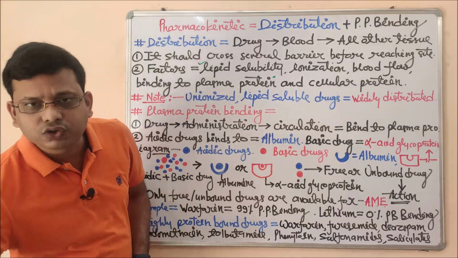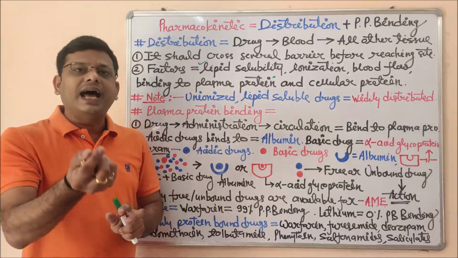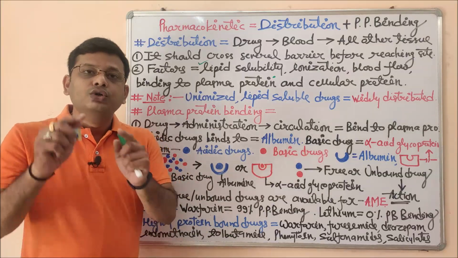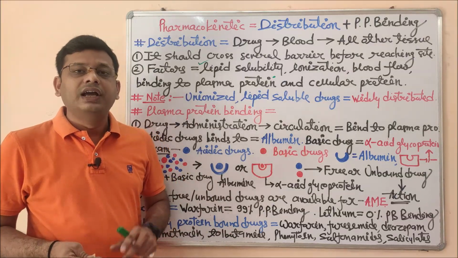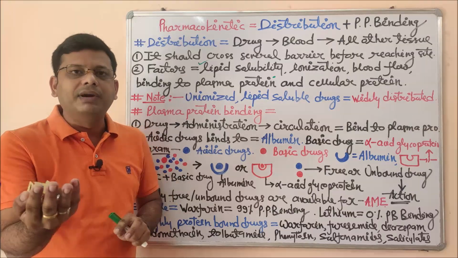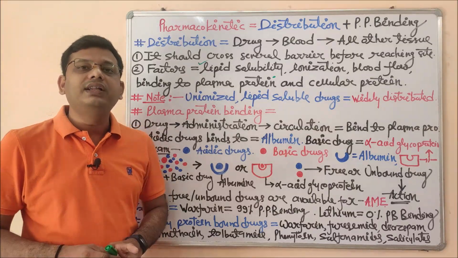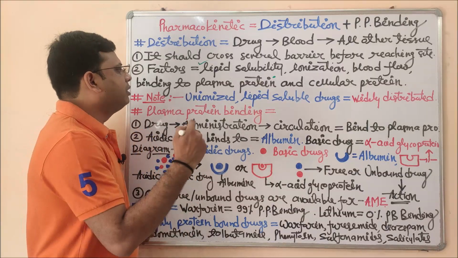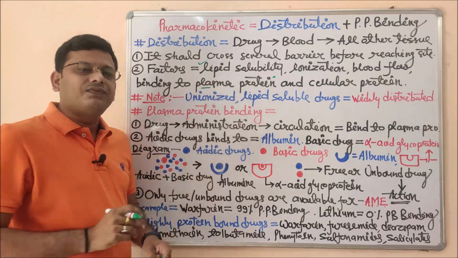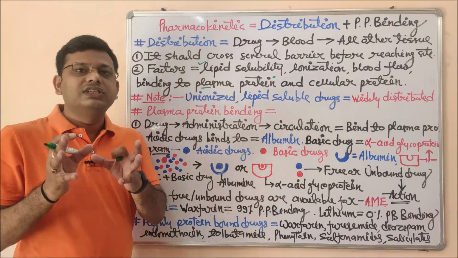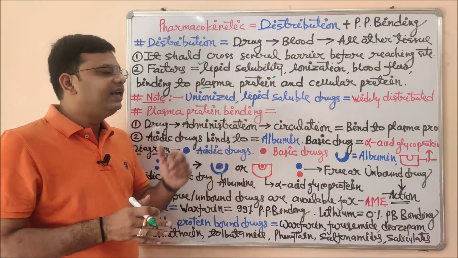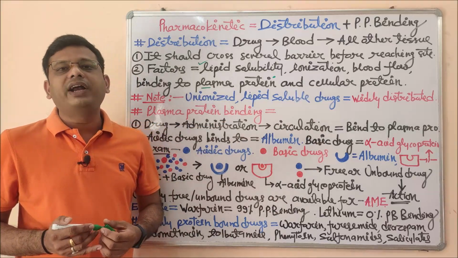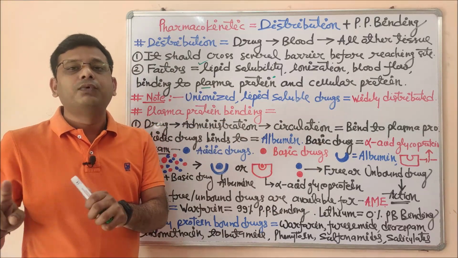So if the drug is not available for distribution, how will that drug produce its effect? As in the case of chocolate, I explained that I have kept 5 chocolates with me. I am not releasing these 5 chocolates for circulation, so how will the remaining 5 students get the chocolate? Until I release them one by one or at a time, they will not get the chocolate. Similarly, in plasma protein binding, the plasma binds the drug which has the property to bind with it and retains it, and that will not be available in the circulation. Cellular protein can also bind a small amount of drug, which will not be released for action.